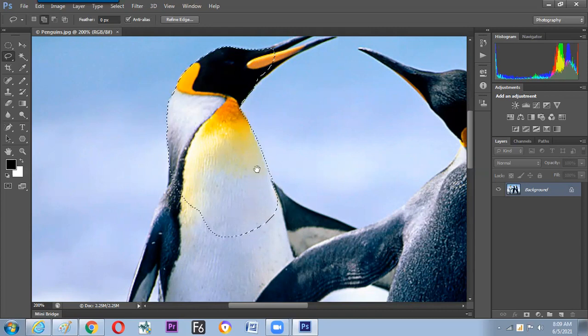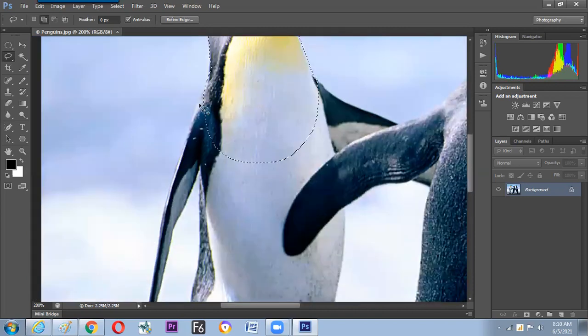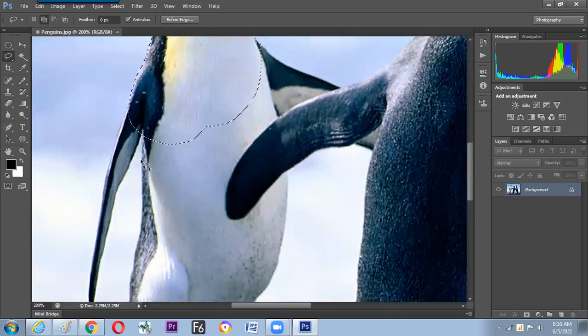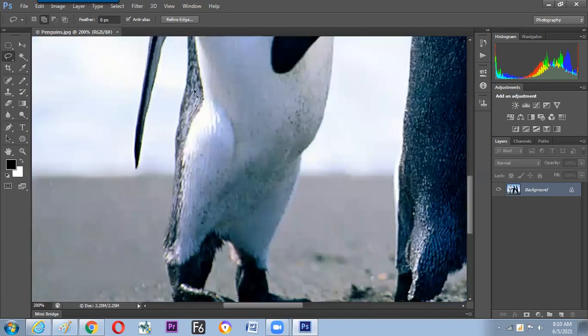Get onto the edge. Inside part, we can take bigger circles, outside part only a few lines and circles.